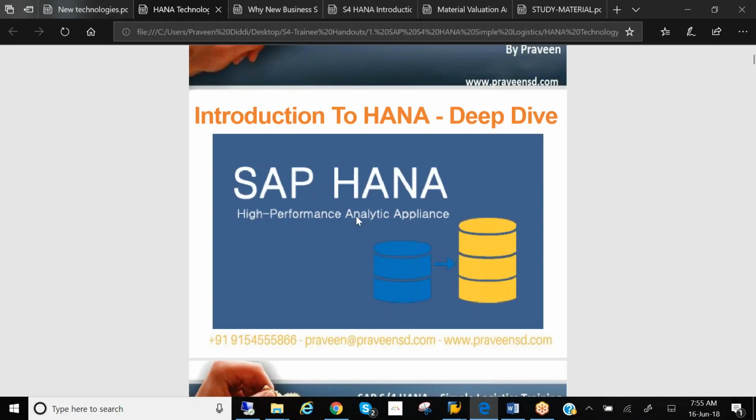High Performance Analytical Appliance. What do you mean by appliance? If I say kitchen appliance, you know what kitchen appliances are. The word appliance means it is something physical, right? That means HANA is not just software. HANA is a combination of software and hardware. The acronym of HANA is High Performance Analytical Appliance. So what do you mean by this appliance? That is, as I just told you,